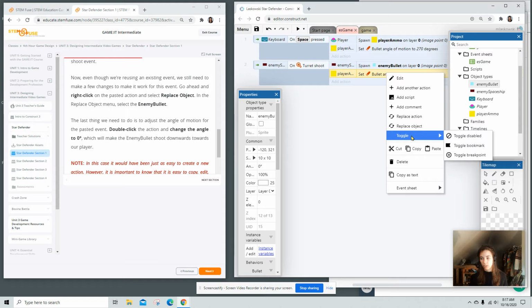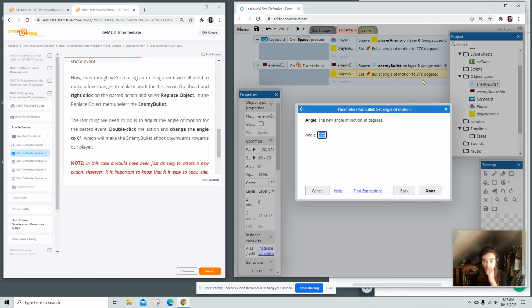So the cool thing about this tutorial right now is it's kind of showing you different ways. You could have just done add action and done all this, but some people are quicker with copy paste. So we're going to edit this,